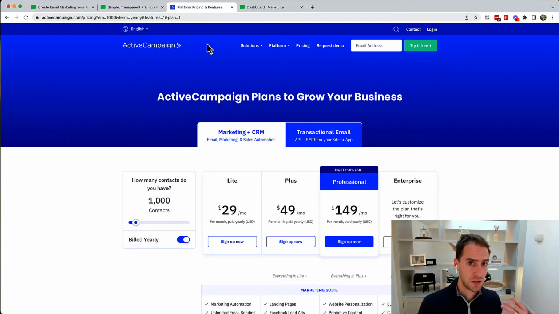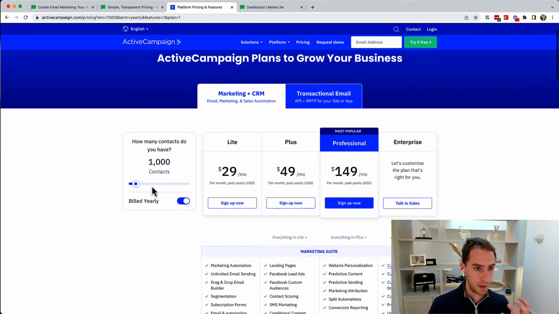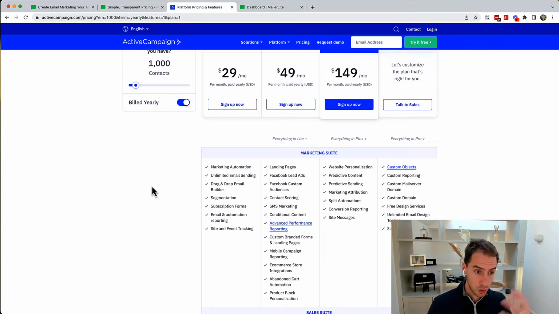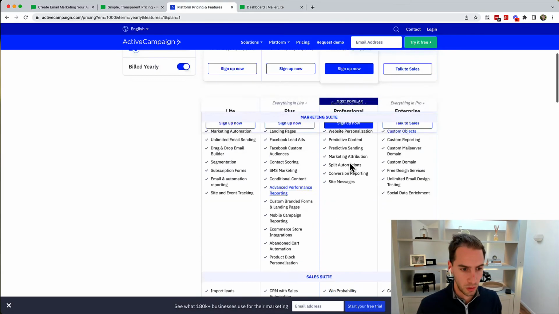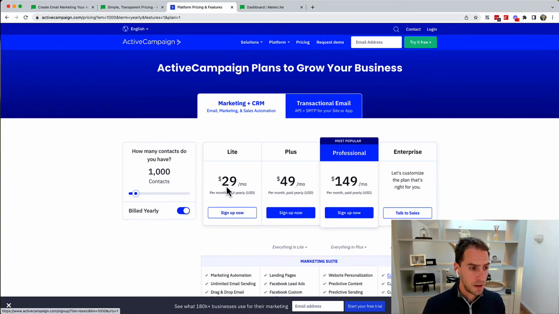Just to put that into comparison to something like ActiveCampaign. ActiveCampaign is also aimed at small businesses, but very, very powerful, a very good all-round platform. As you can see, we have a lot more in the way of optimization features. It's just a lot more that you get with ActiveCampaign, but it is a lot more